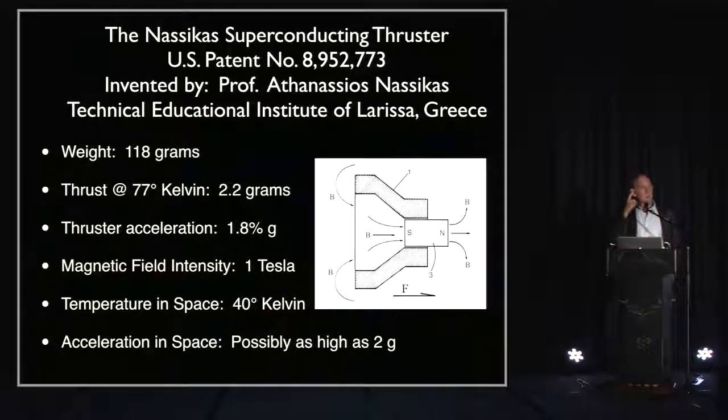Now, in space, the temperature can get down to 40 Kelvin. That's 40 degrees above absolute zero if you have a sun shield to shield the sun. So you wouldn't need any cooling for this in space. And it's possible, now we've tested this in liquid nitrogen, but in space, going down even to lower temperatures, because liquid nitrogen is at 77 degrees above